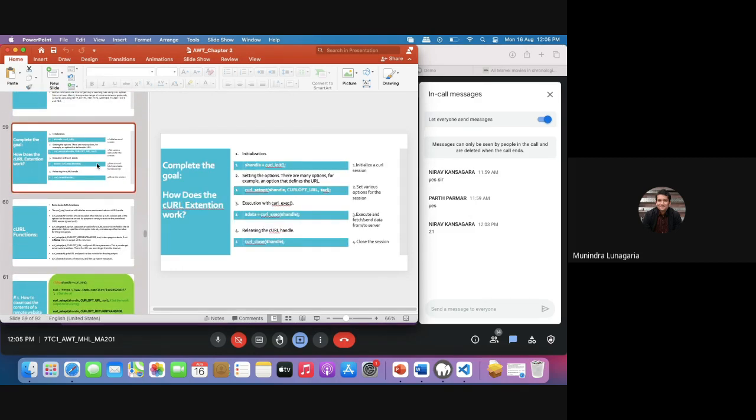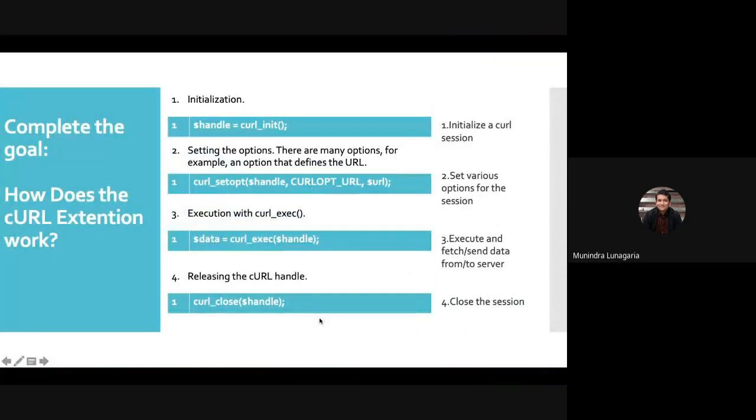This is the most important part as far as web scraping using cURL is concerned. Initialization first: handle curl_init. By using this function curl_init, we initialize the session. Second, setting the options.